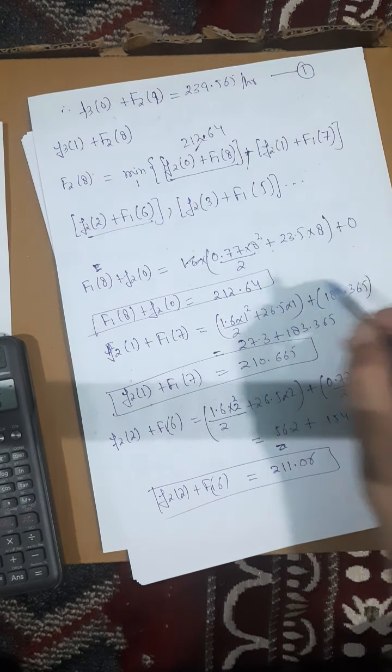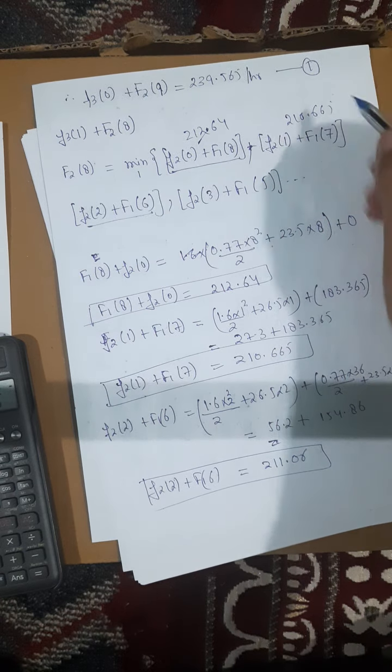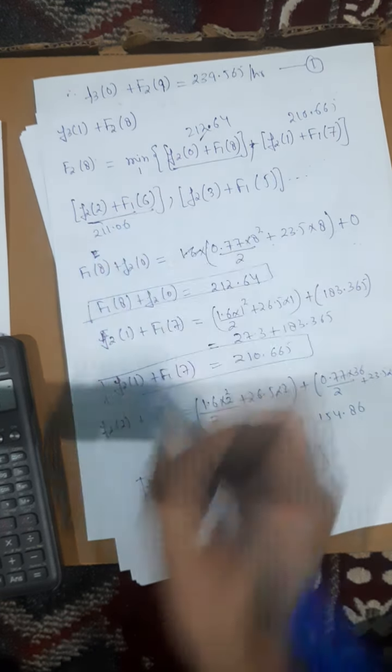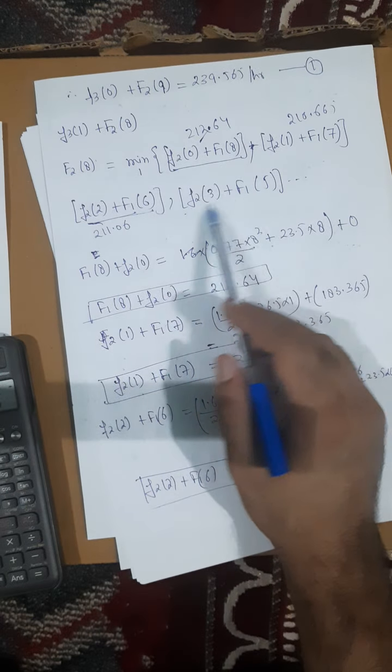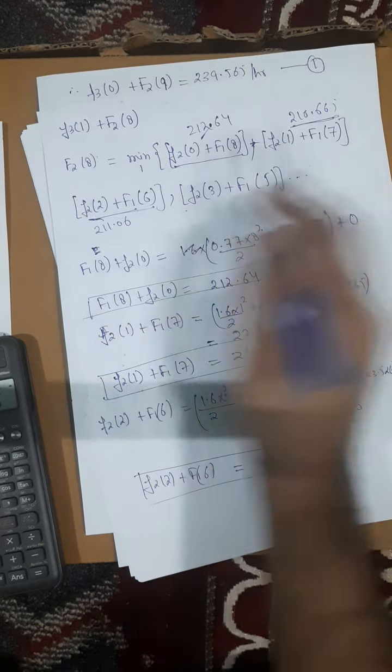212.64, and for this combination the cost is 210.665, and for this combination the cost is 211.06. So if I use these combinations, the cost will further increase. I know that, so I will stick to this combination. Means f28 is, if I take this,